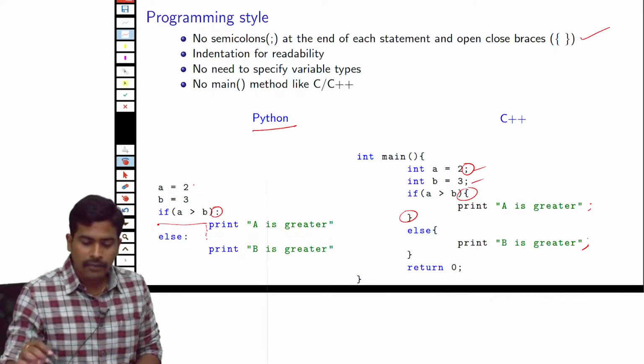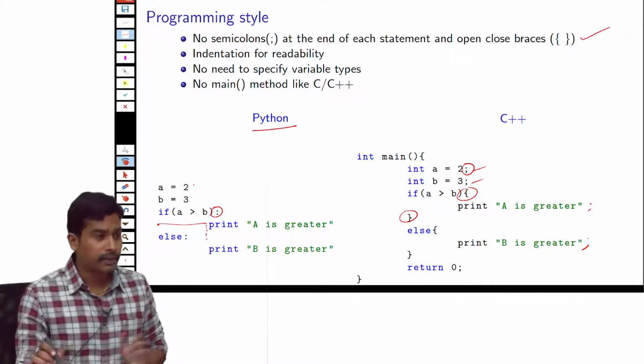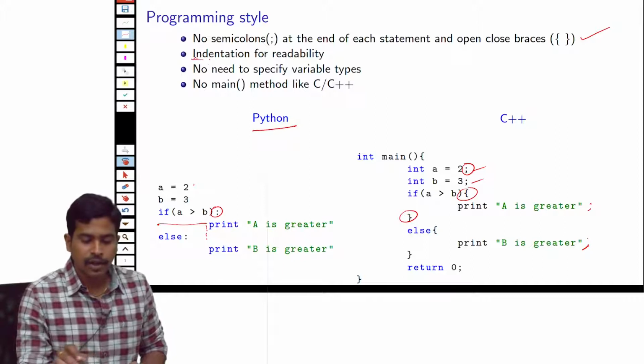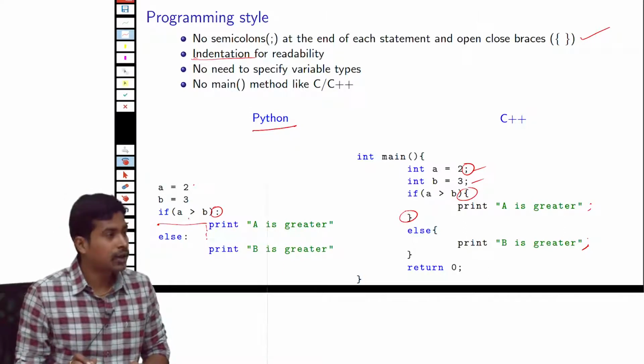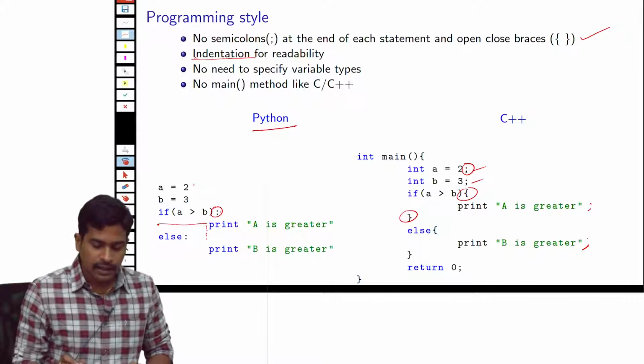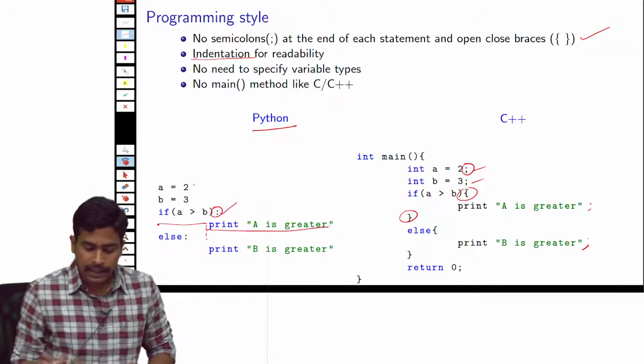Okay, and this is what I meant before, the space. This is called indentation. This extra space is called indentation. So if you see here, after the if statement we have used the colon, and after that we gave this indentation. So this particular statement comes under the if block.